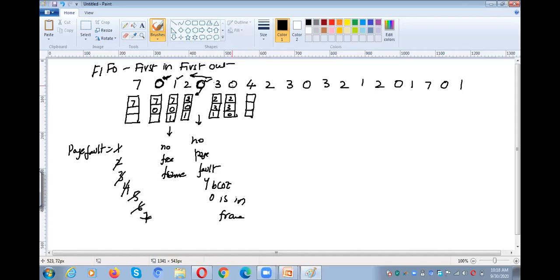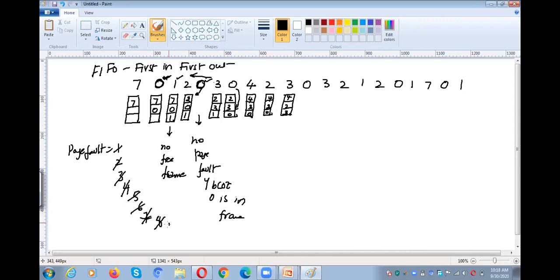Yes, ma'am. Again 0 enters into the main memory here. And next 3. Before that 2. So 4, 3, 0. And then again 2. Which one I need to take out? Again page fault. 4, 0, 3. 3 is the last one. First one. So 2. Again I require 3. 3 is not there in the main memory. 2, 4, 4. 0 is the last one. 0, 3, 4, 2, 3.